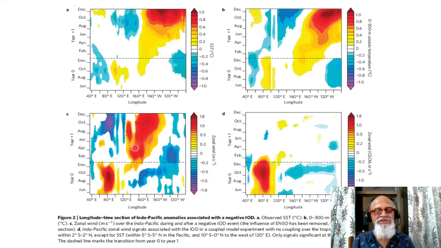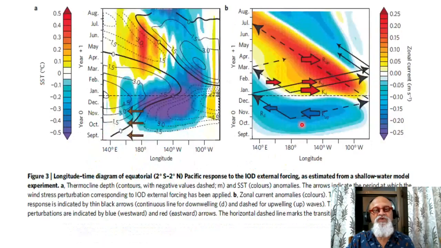The westerly wind bursts are going towards the east, so they are positive. X is longitude, positive eastward. Okay, and this is looking at panel D, Indo-Pacific zonal wind signals associated with the IOD in a coupled model experiment, basically arguing that the model captures this and the impact on the evolution of the following year's